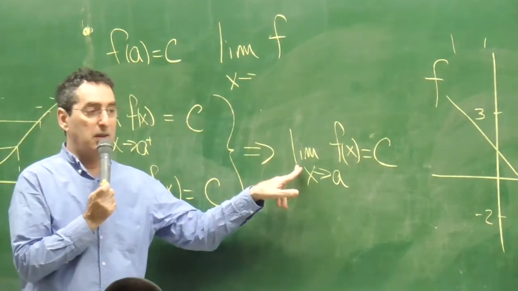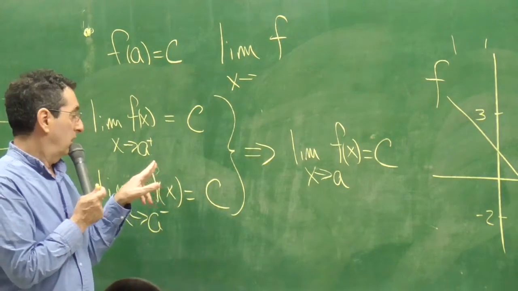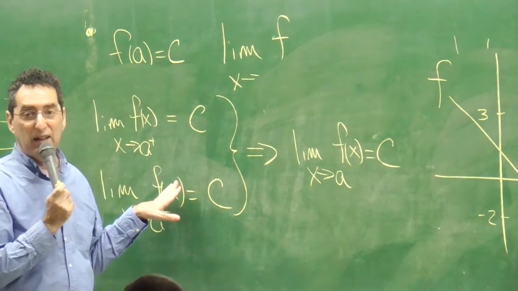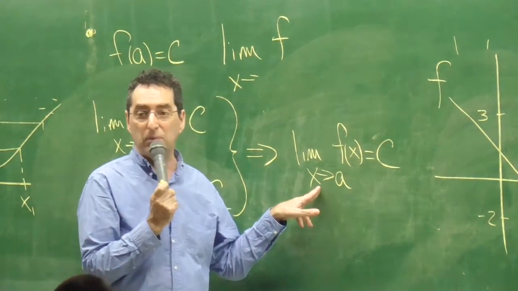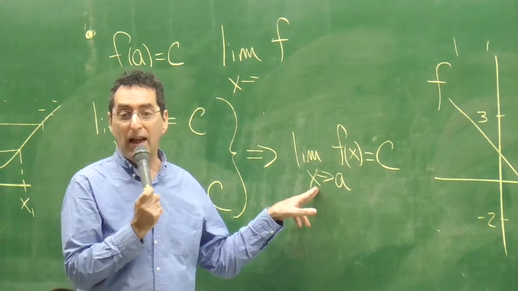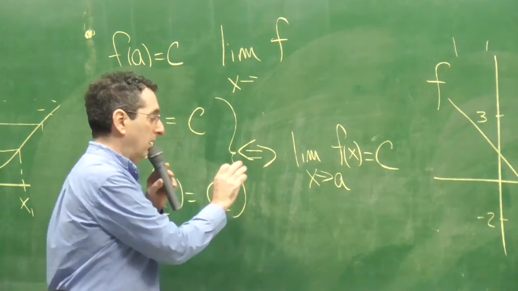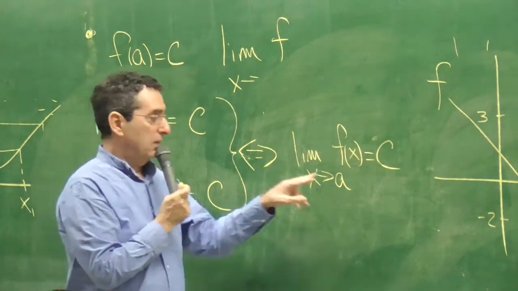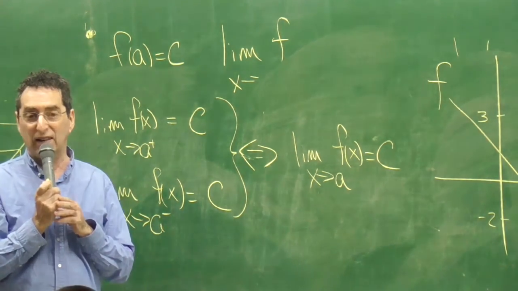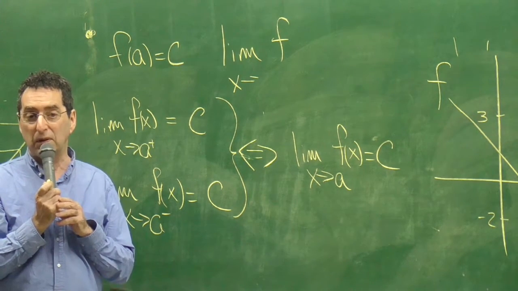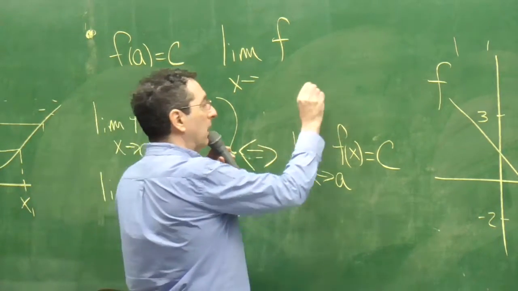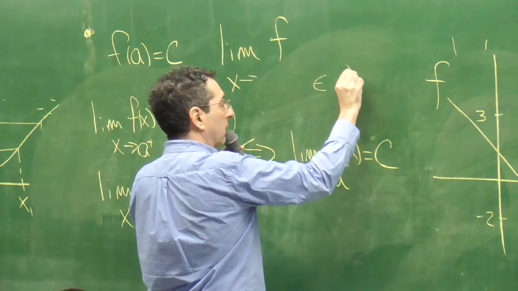this is called the general limit. This is called the left-handed limit, right-handed limit, left-handed limit. So if the left-handed limit equals the same thing as the right-handed limit, then the general limit will also exist and be that. And it also works this way. If the general limit is equal to C, then the left-handed limit and the right-handed limit will also be C. And those have to be proved, but we're not going into the so-called epsilon delta